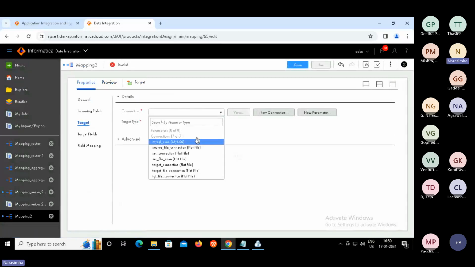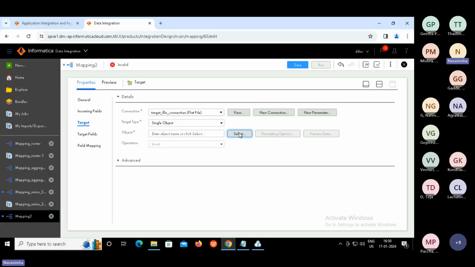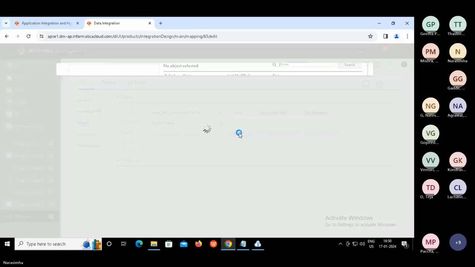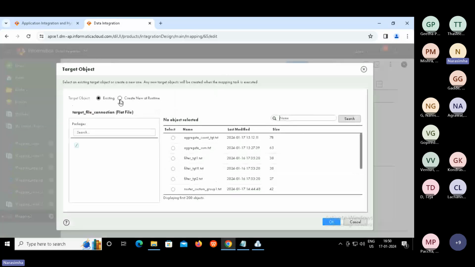This is same as earlier. There's no change. So target file connection. Select. Supply the name, which is joiner.